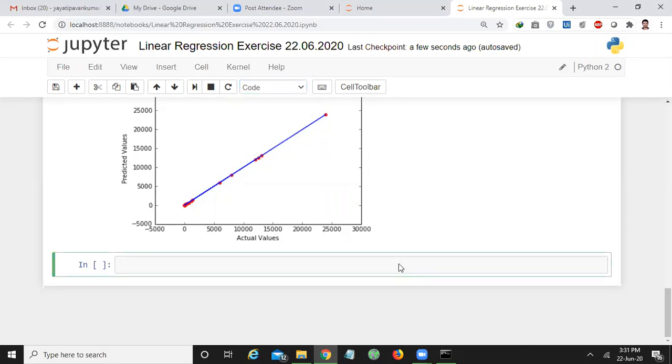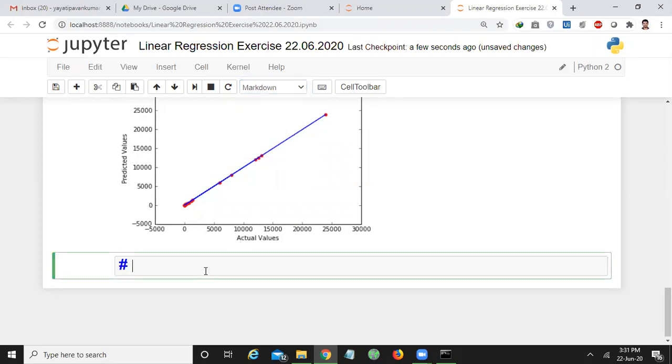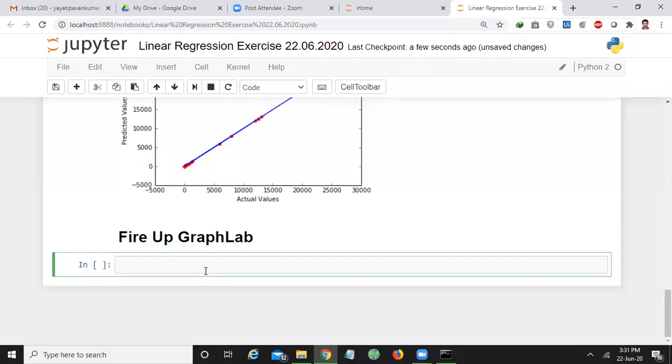So what I will do, first point, fire up GraphLab. For that, I will import GraphLab.